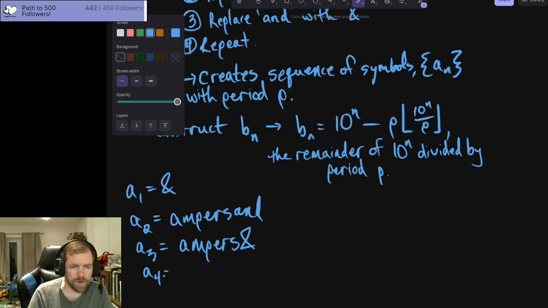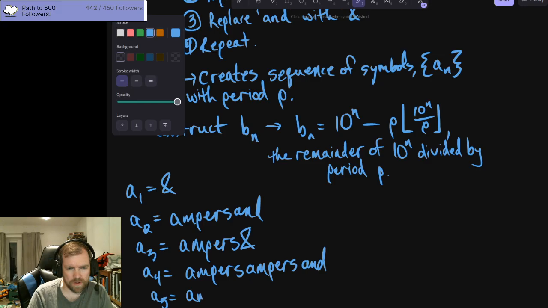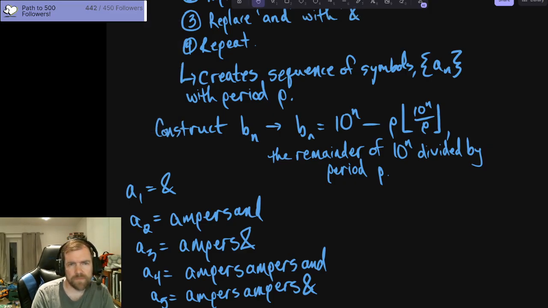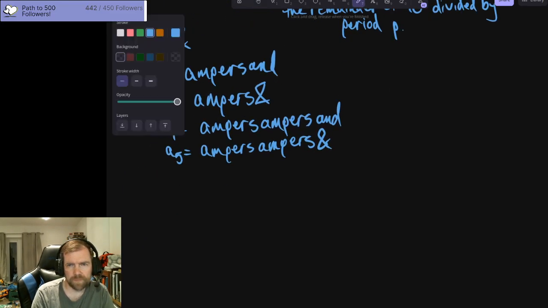A sub 4 is going to be ampersand. A sub 5 is going to be, and so on. So a sub 6 is going to be